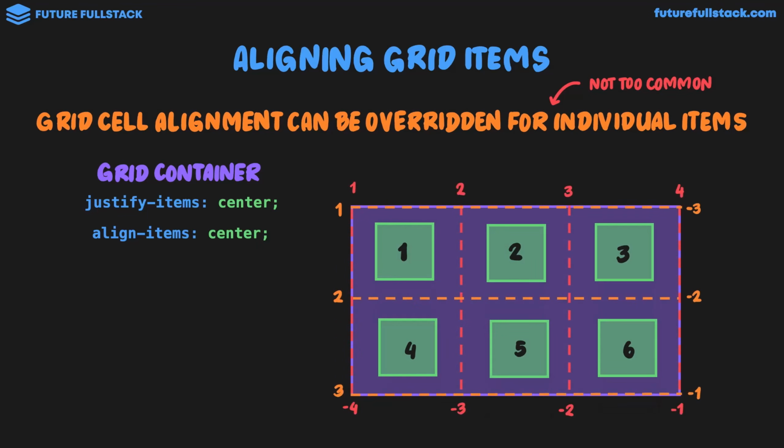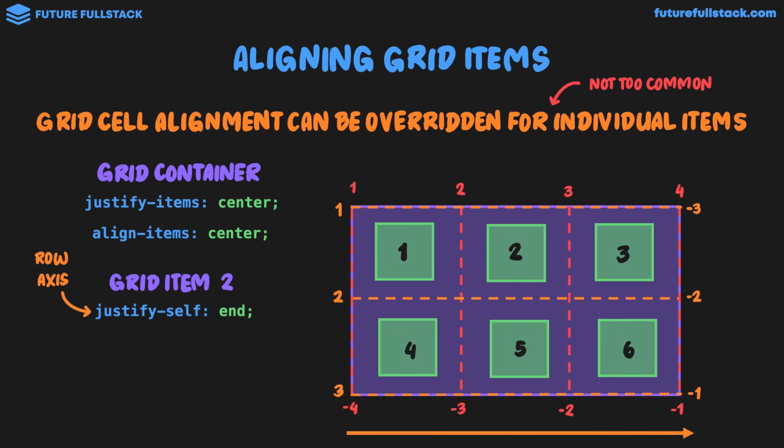So what I want to do now is focus on grid item 2, and we're now going to be applying properties to this specific grid item. The first property is justify self with the value of end, and what this does is aligns just grid item 2 along the row axis, overriding the justify items center applied onto the entire grid container. So focus your attention on grid item 2, and you'll see it moves to the end of the grid cell